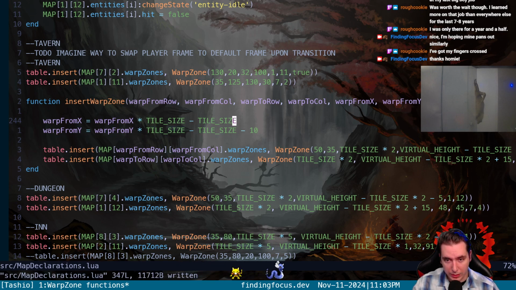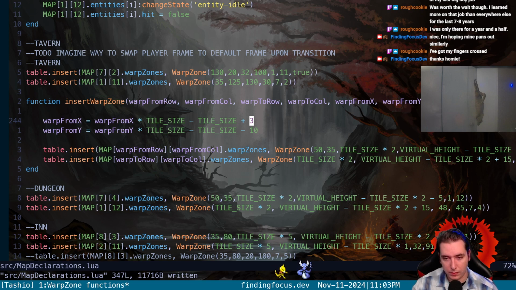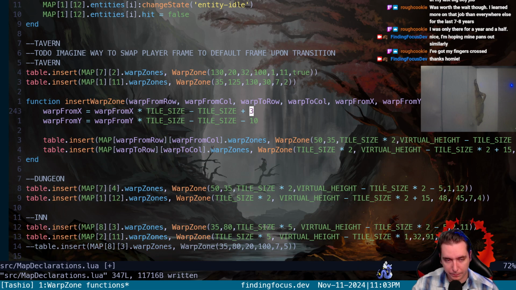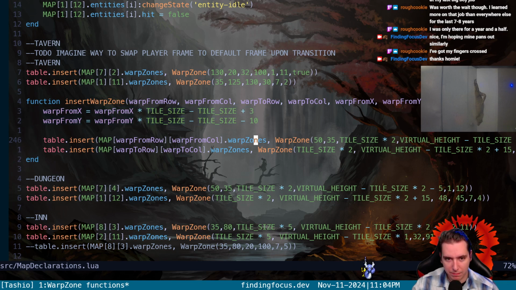And we also need the X to be, if it's a 10 by 10, plusing a 3 on the X would center our 10 pixels in the middle of a 16 wide tile. So we add those offsets here, and that gets us a warp from X and a warp from Y. Those are the parameters that are going to be passed in as the first argument here,